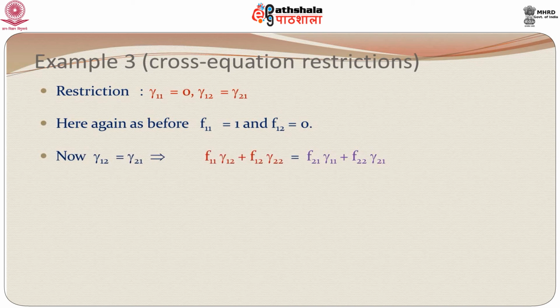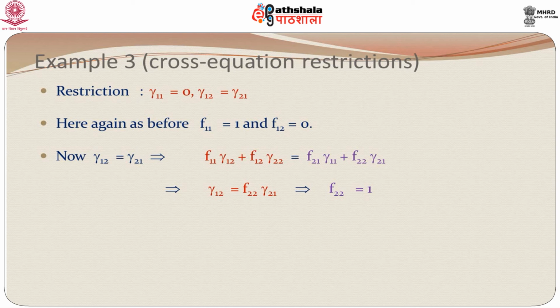Now let us look at the second condition, gamma 12 is equal to gamma 21, which really means that the last element, that is the fourth element in the first row, is equal to the third element in the second row of A, and would really mean the same for the FA matrix. This means f11 gamma 12 plus f12 gamma 22 is equal to f21 gamma 11 plus f22 gamma 21. But then we have f11 is equal to 1, so we put that,